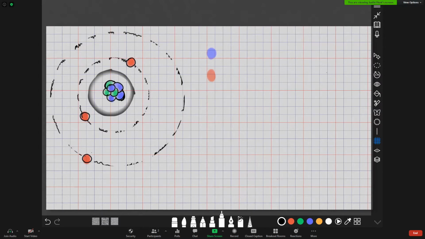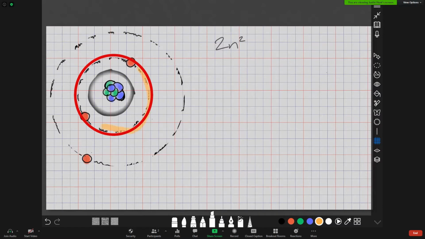But this rule gets a little fuzzy when we start to talk about these energy levels, these shells that the electrons occupy. There's a universal phenomenon that dictates how many electrons can orbit the energy level of an atom. We call this the 2n squared rule. 2n squared. The rationale is pretty simple. We let n take the place of the shell we're looking at, to identify how many electrons can orbit at which energy level in the atom. Sounds a little confusing, so let's break this down.